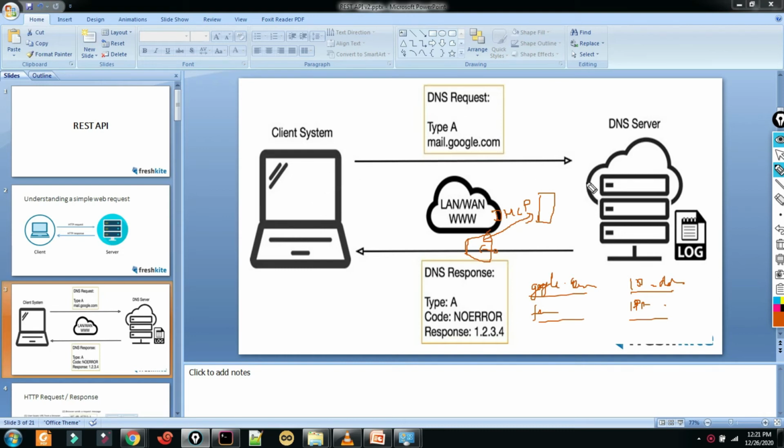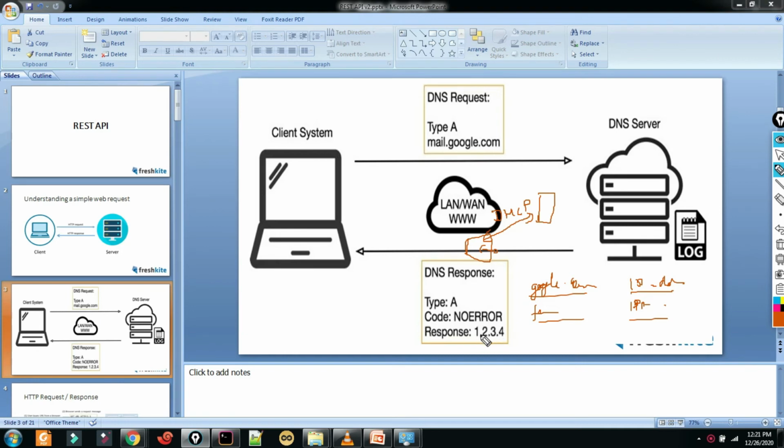So to the DNS server, you send the DNS request telling that I want the IP address of mail.google.com. The DNS server will go to its dictionary, its database, and check what the IP address is for mail.google.com, and it will send that IP address in the DNS response. In our case, it is google.com.